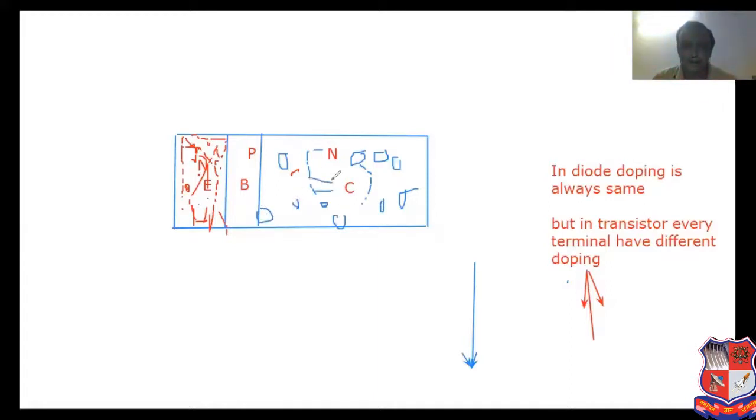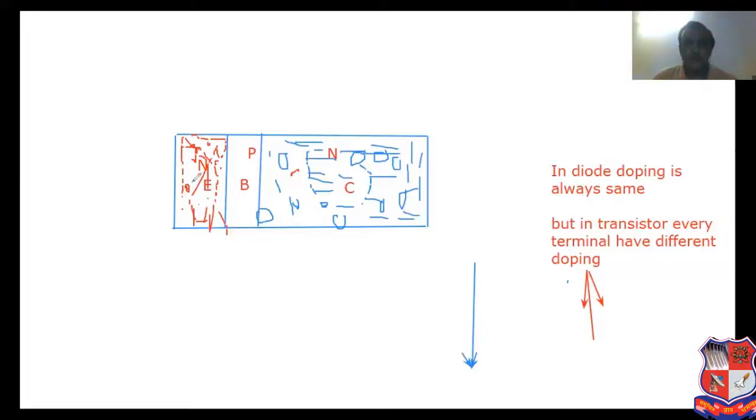As well as a large number of electrons present inside the collector. Holes as well as electrons are both present. Holes can be considered as the minority charge carrier, but electrons can be considered as the majority charge carrier. Whatever electrons are in the collector are represented with blue color. Whatever electrons are emitted by the emitter are indicated by red color.